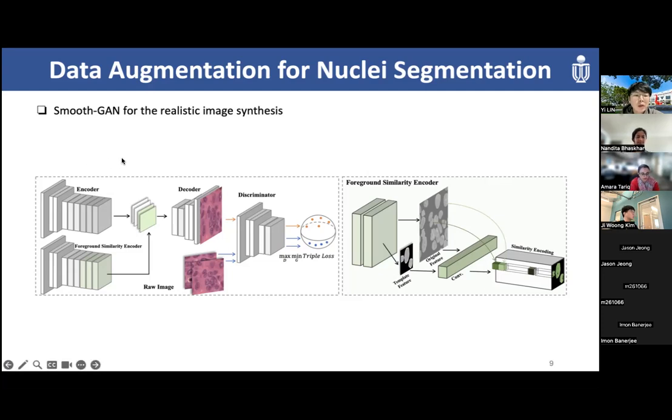And we further use a triplet loss, which is used to distinguish three types of image. First, the real image, like the original image. The second one is a pasted image, which is the original image with a pasted nuclear. And the third one is the original image without the pasted nuclear. In this way, we want the pasted nuclear to be close to the original nuclear,